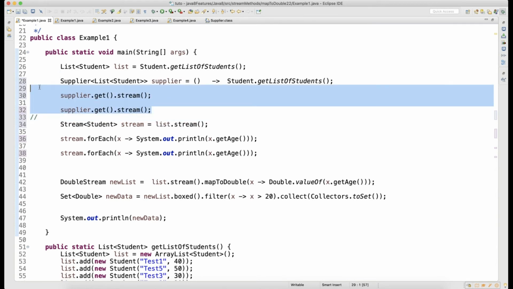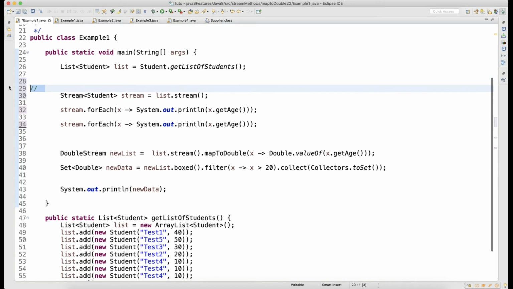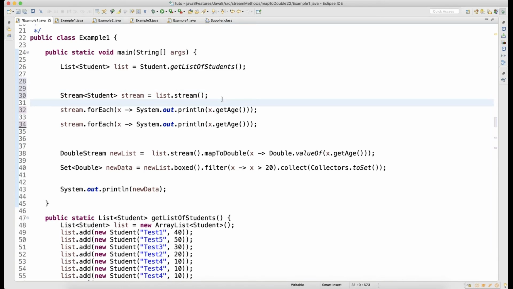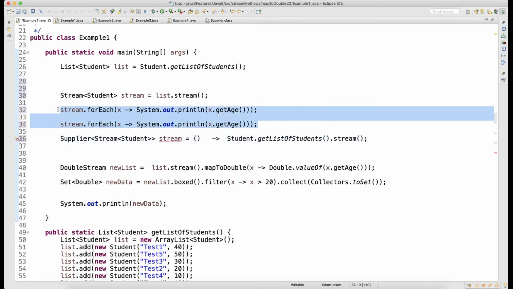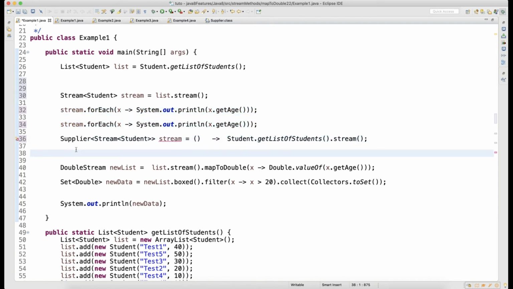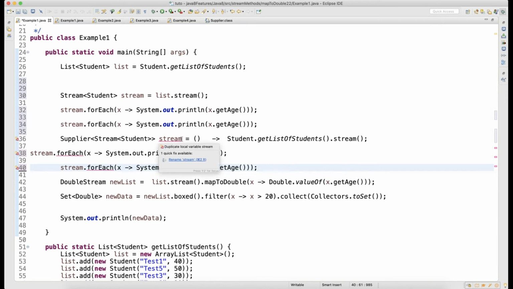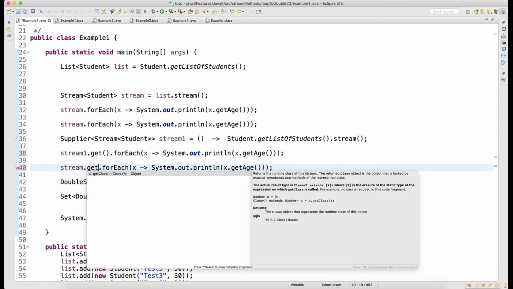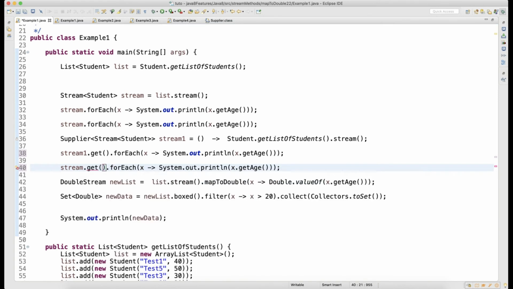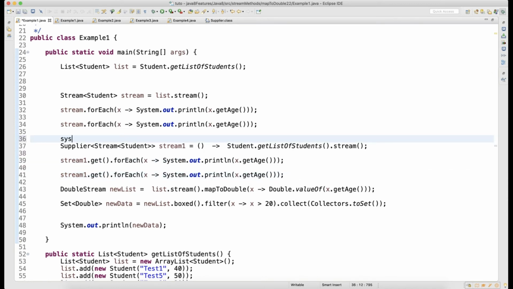Yeah, it was like this. When it was like this, we had a problem. But when we changed it like this, and then called the same data, we did not have an issue, because this stream is a supplier, we call get, and then again we call get. You got it? Clear difference?